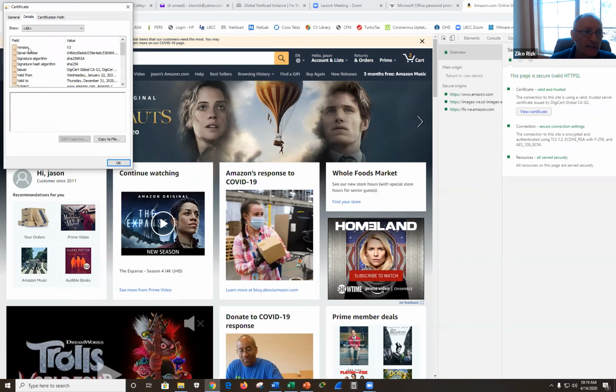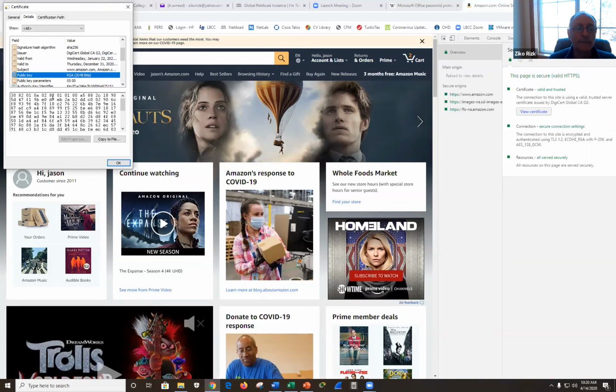And if I was to go to details, and I'm not going to go over this, but you may want to do that. There's lots of web pages that will explain each of these fields, you know, in a paragraph or so. So this is SSL version 3. We're using this algorithm for signature. We're using this algorithm for hashing. We saw SHA 256 before, last week. And this is the public key. And you can see it's 2048. And RSA are the initials of the 3 people that came up with this set of algorithms. And it is an encryption, a PKI algorithm. And it's 2048-bit.